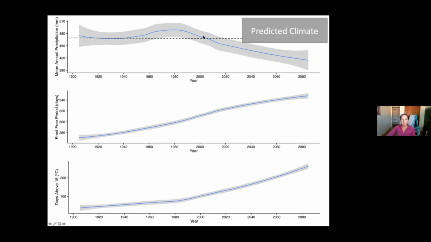And what we see in terms of climate is that this annual precipitation is expected to continue to drop in this region pretty dramatically to 2080. So we'll go well below the minimum requirements of these species. Simultaneously, we also expect a linear increase in the number of frost-free days, so growing season going all the way out to almost a complete year. And then increases in these extreme heat days across this landscape, upwards of 200 days a year by 2080, which is pretty